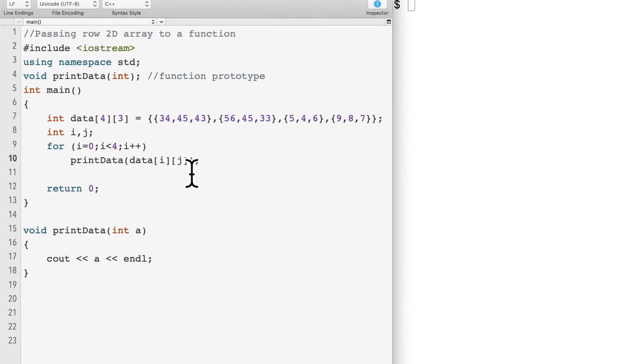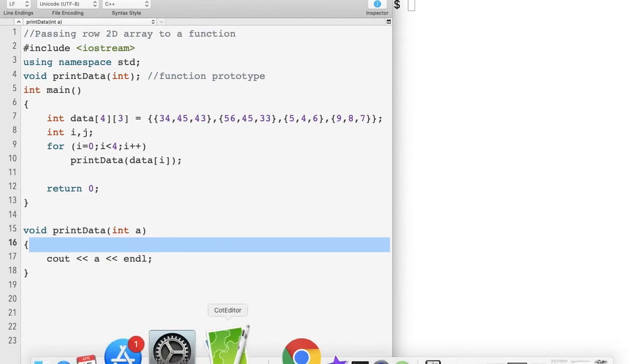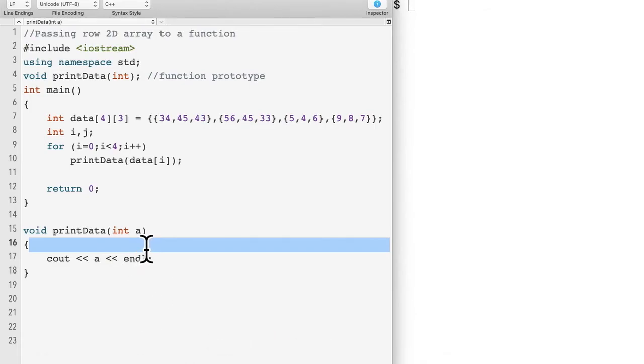This is going to be rows. Instead of index for rows and column, we change to index to rows. So now this function is pass the rows. In that case, we need to change the function prototype and function definition, because now the parameter is in different format. In function prototype, we need to change the parameter to array type parameter, same with function definition, because now this function will receive a parameter in array format.